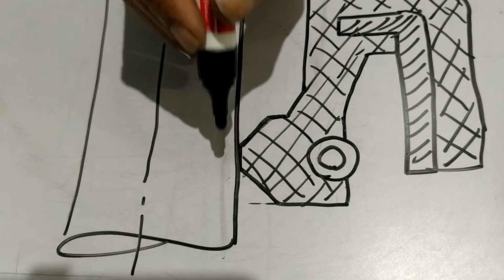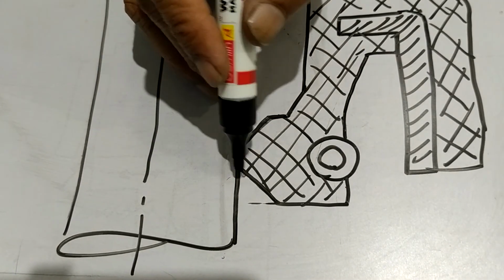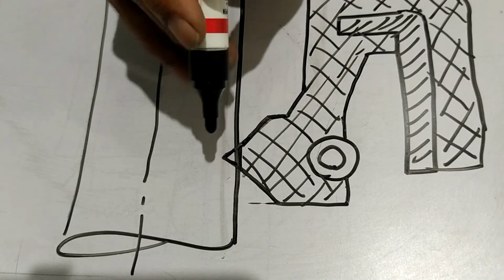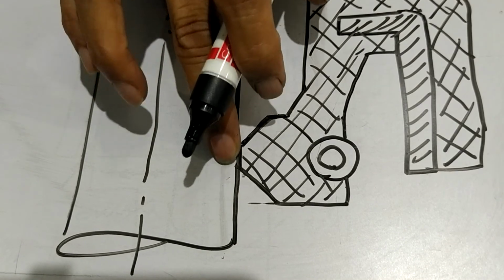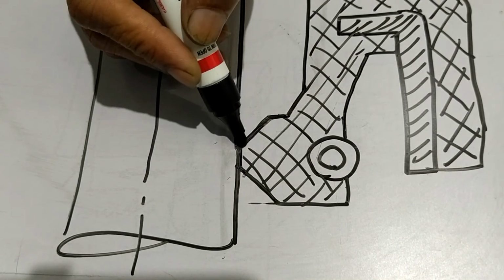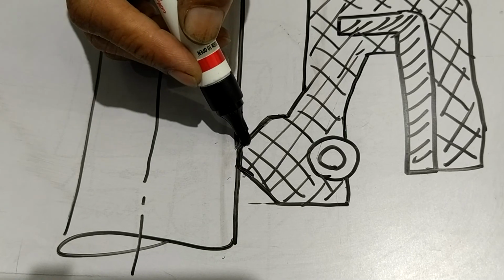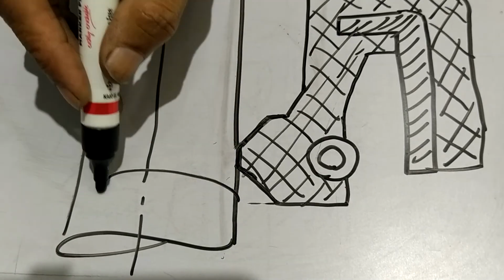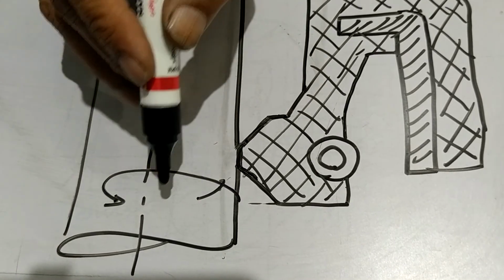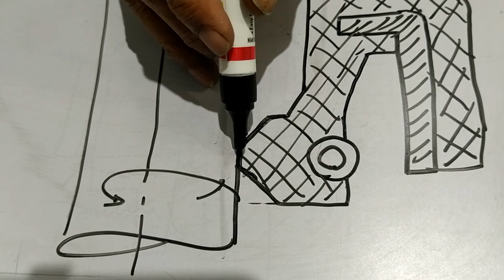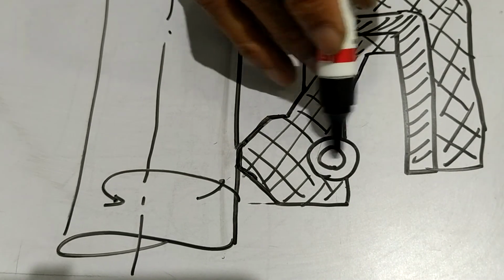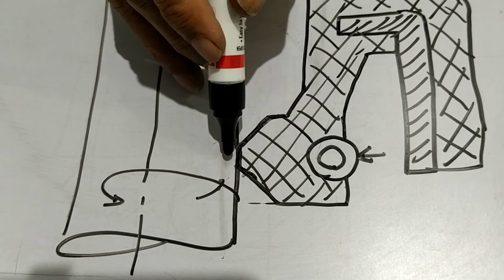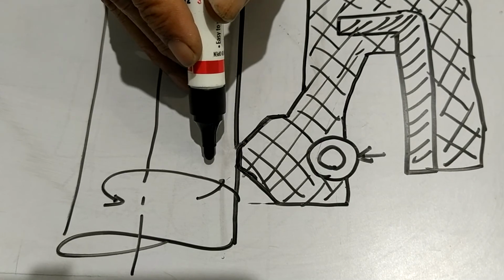So now what happens? Before the shaft, when the shaft was not there, this oil seal was having a corner here. Now because the shaft has come, this corner gets pressed and the shape of the corner becomes blunt. So this is how the shape becomes, and it is possible because it is rubber. Now the rubber is pressing on the shaft. This shaft is rotating like this, and this is pressing, and at the same time the spring, which is at the background, behind, is also applying a pressure. Because of this pressure, the rubber is firmly pressed on the surface of the shaft.